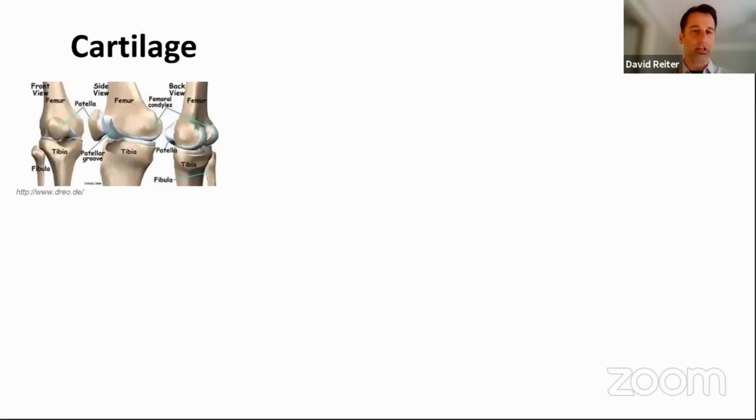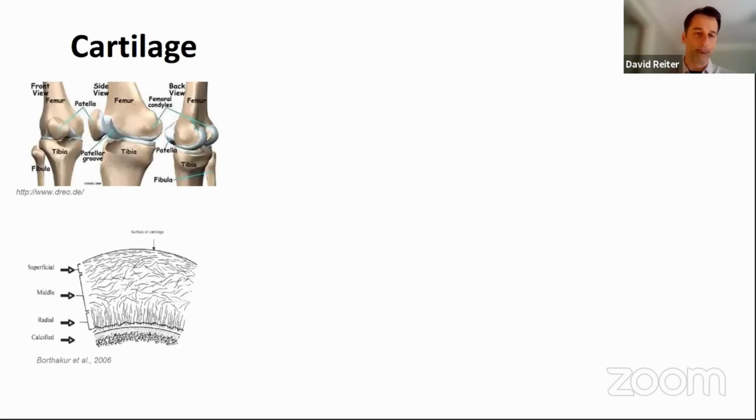As I mentioned, cartilage deteriorates with osteoarthritis. It's really characterized clinically as thinning of the articular surface. So this is a zoomed-in cartoon of what the cartilage ultrastructure looks like on the surface of the long bone here. And you can see that it depicts these fibrous collagen fibers that are oriented perpendicular to the